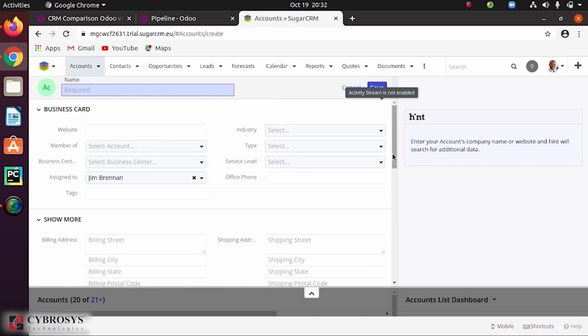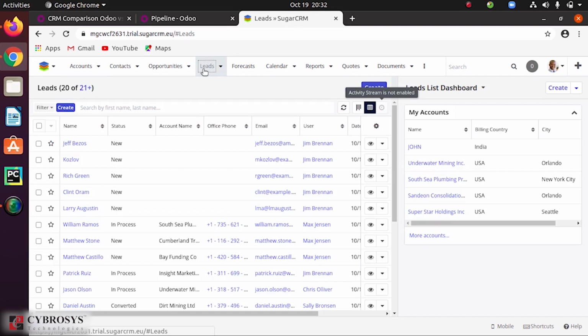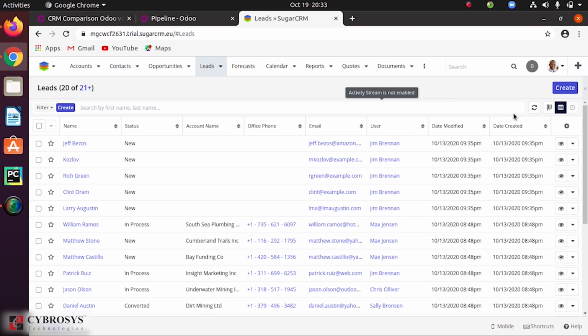So if you are coming here, next we can see regarding the leads. So basically, as I told, lead can be anything, it can be a person, an organization, or even a business card. So we can see all of them as lead. So basically when you open this lead, here you have these two options, that is the tile view as well as the list view.